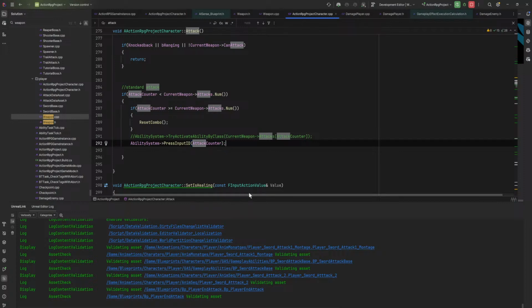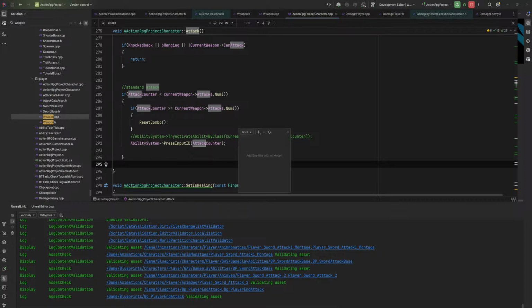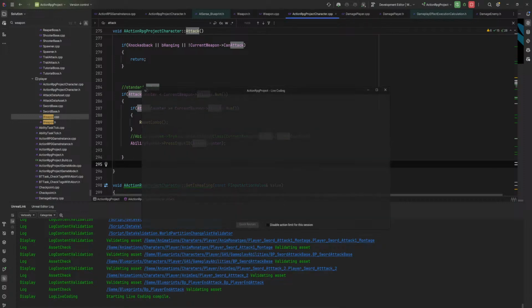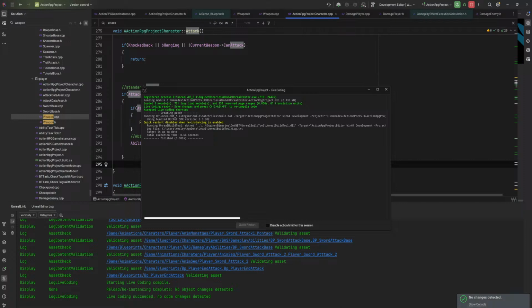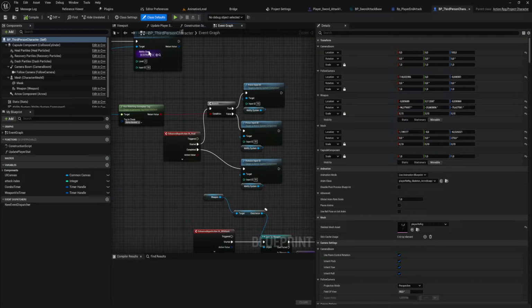That should effectively do the same thing, but now actually use the input ID thing so that I can make use of that in a moment. I'm just going to try to do this with live coding because I don't want to restart the engine. No change detected, you say? I beg to differ. Let's see if...